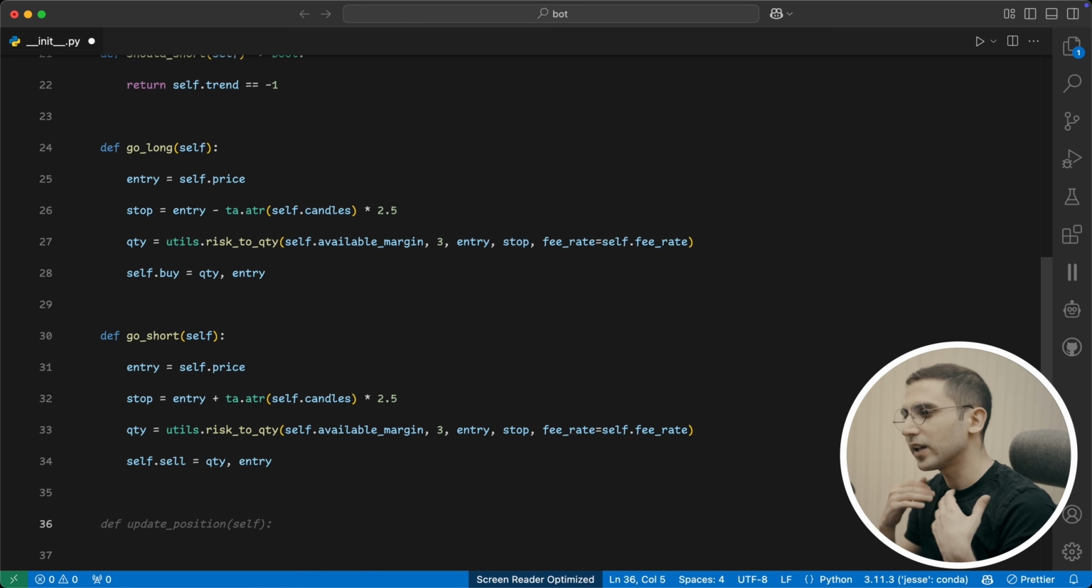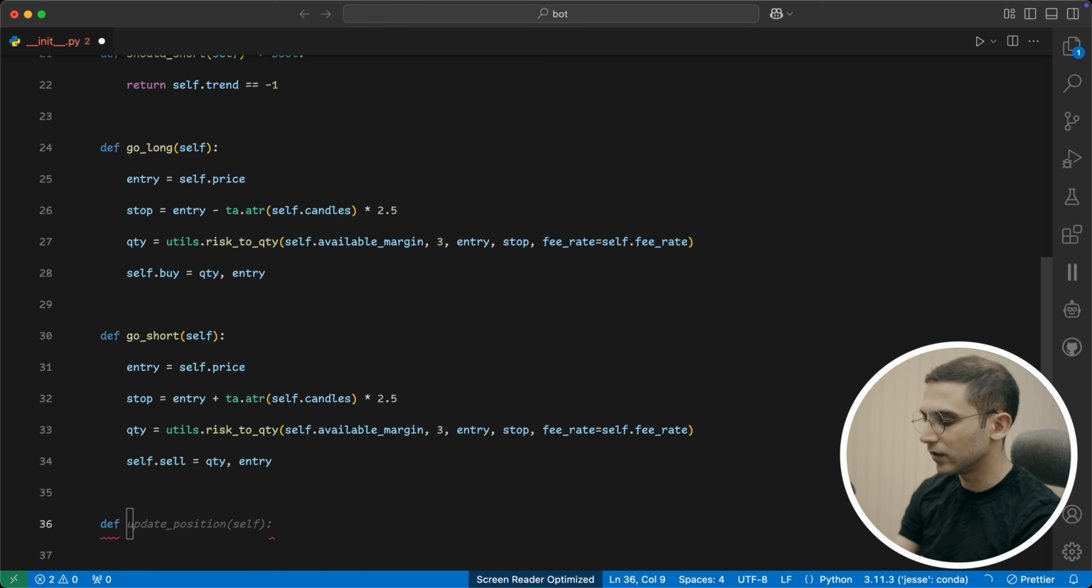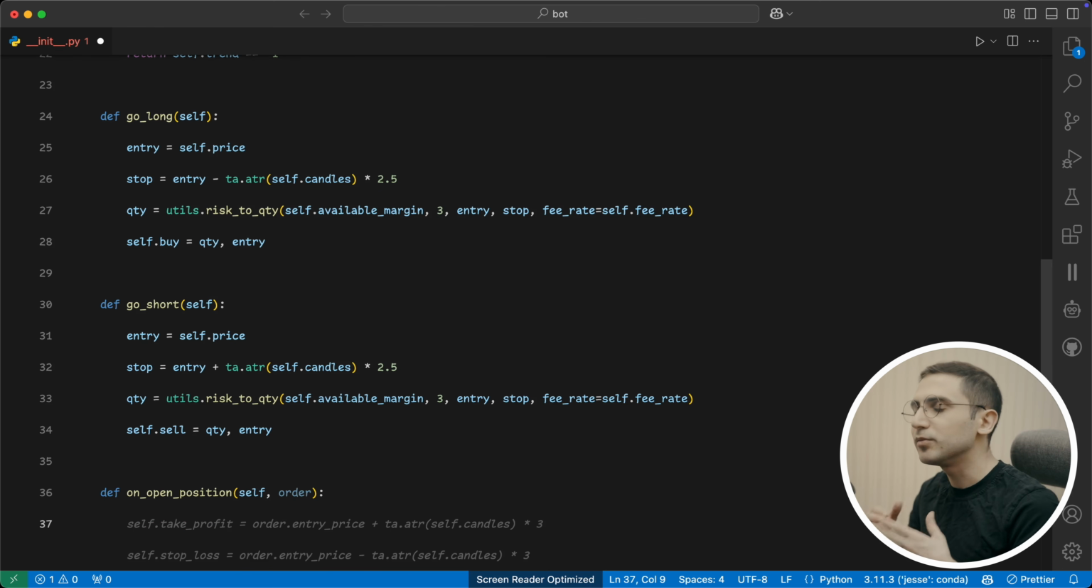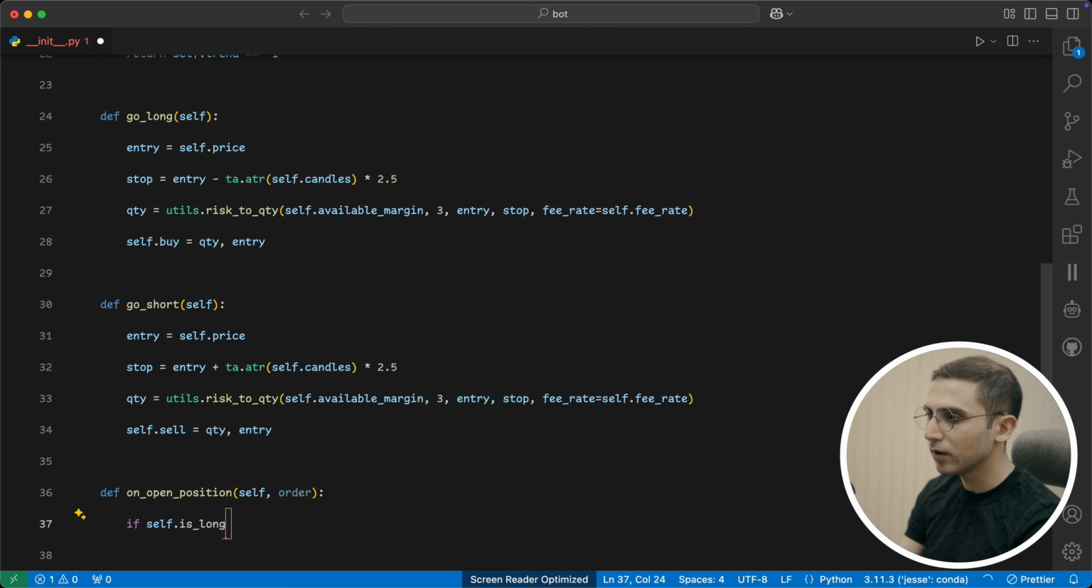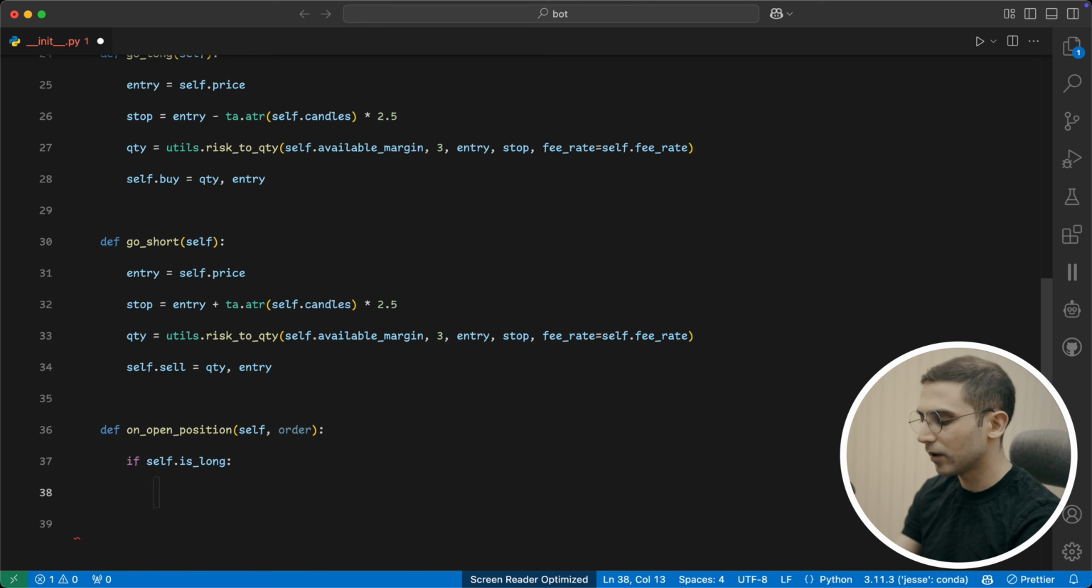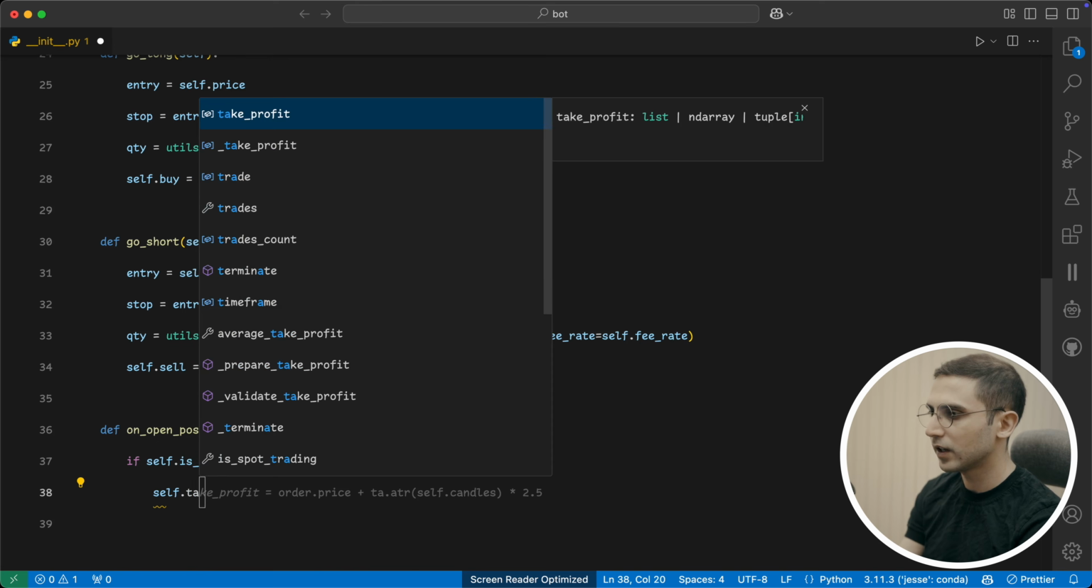Right, now what about taking profit? For that, I'm going to use the on open position method, which will be executed as soon as the position is open. And in it, I'm going to say this: if it is a long position, which we can get by saying if self.is_long, in it, I'm going to say self.take_profit